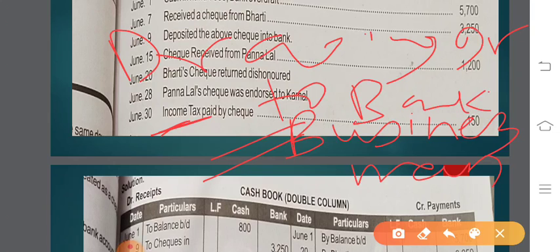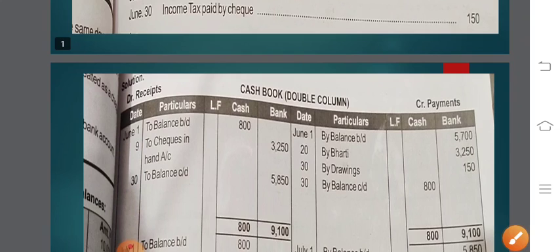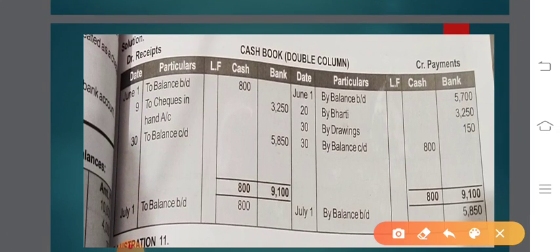So drawings account debit to bank account. Now since bank got credited, we'll go to the credit side of bank and we'll write here "by drawings account". Right, students? Even if you do not want to pass a journal entry, simply income tax paid by bank, which simply says that it is a payment made through bank, and any payment is recorded on the credit side. Since it is made through bank, it will be recorded in the bank column.